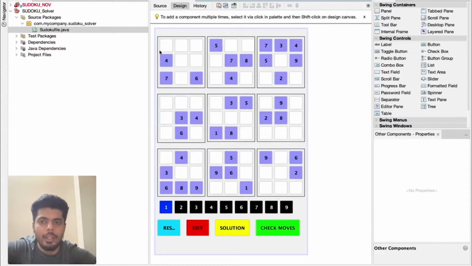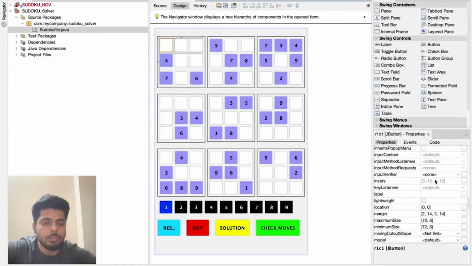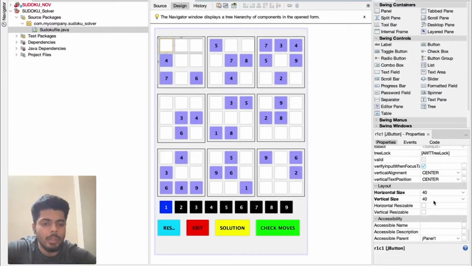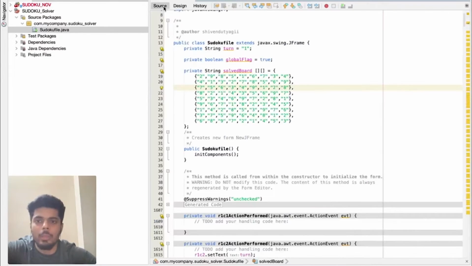In the last video, as you must have seen, the text was not clear and was coming as dot dot dot because the size was very small. So I've changed the size to 40 by 40. Now it seems like a square too, so it is looking good in terms of layout. I hope you will make the same layout. And let's jump to the coding part now.